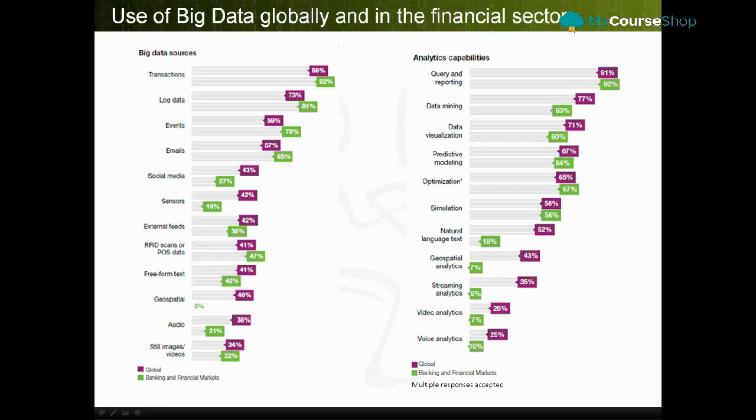Mainframe machine data is considered to be trusted data, and based on this data from the mainframe, this is the centerpiece of a big data strategy. Also, still images, video, and audio are not yet important, generally as